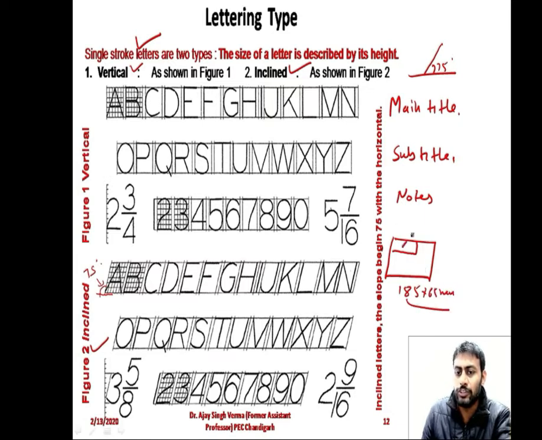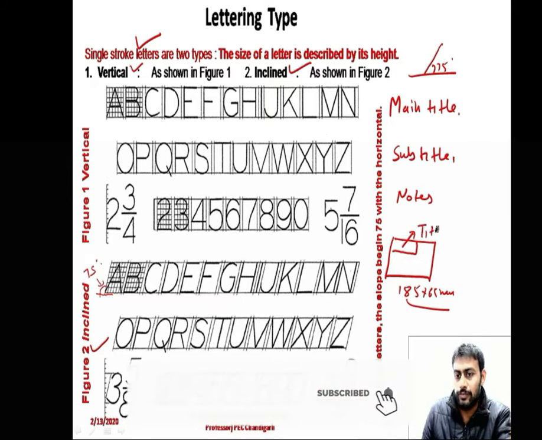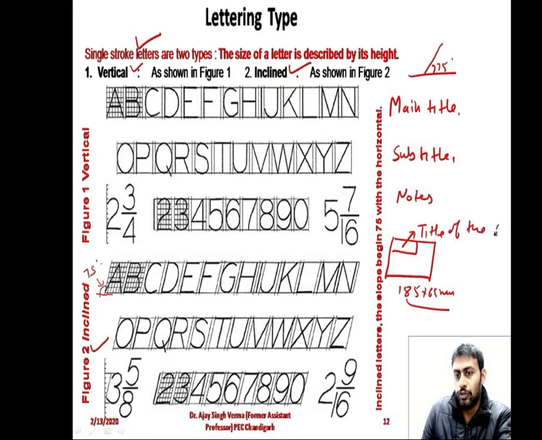In the title block, the first column represents the title of the drawing. So what should the size of the letters be? These are also standards. I am elaborating here: for a main title, your letter size should be 6 to 8 mm. You can choose 6 mm, or 8 mm, or 6.5; between these values you can choose to write a main title. Second, for a subtitle the standard size is 3 to 6 mm.